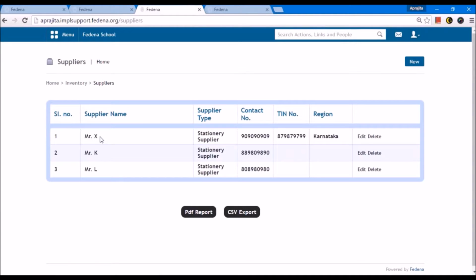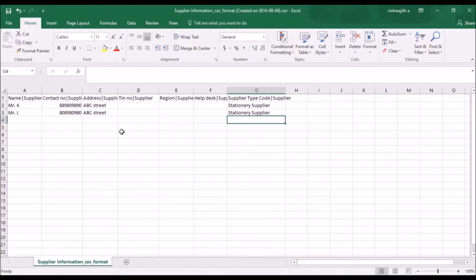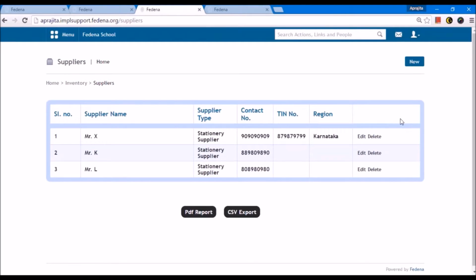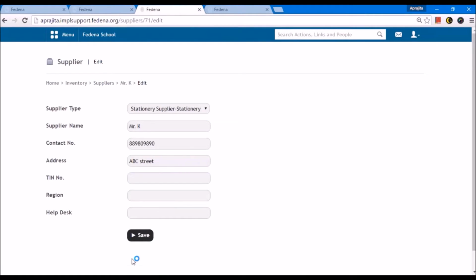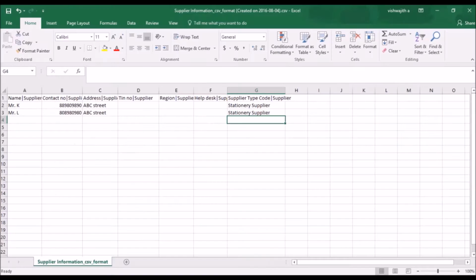So here we have added 2 new suppliers and we can see the information against it. Now again, if I want to edit some information against a supplier and I have a lot of them here which I want to edit, I can use the sheet to do so. Otherwise, I can also use the UI and edit from here. This is one way of doing. Another way is using the sheet. Let me edit this information about the address of this supplier.